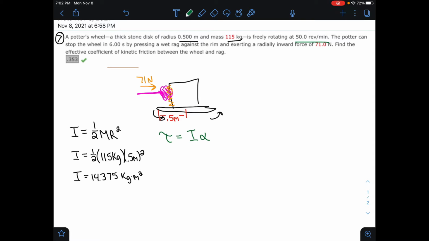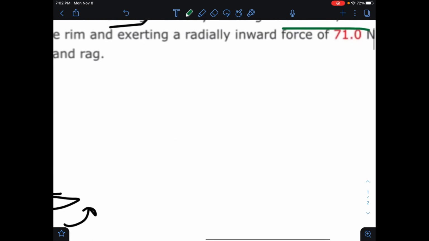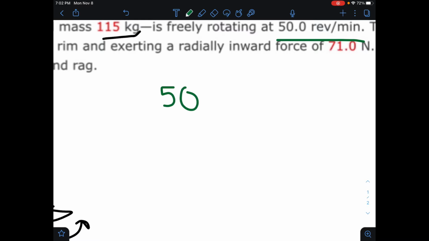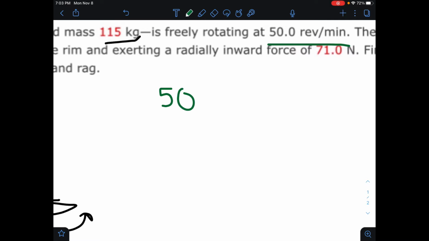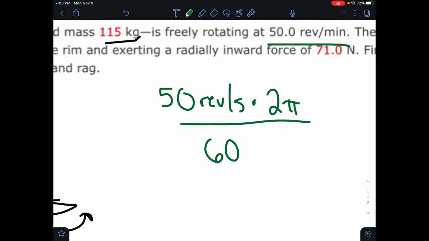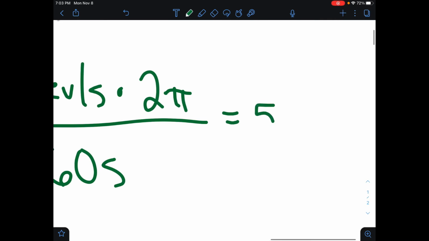So we have to convert 50 revolutions per minute to radians per second, and all we're going to do is multiply 50 revolutions by 2 pi radians over 60 seconds. That's going to equal 5.24